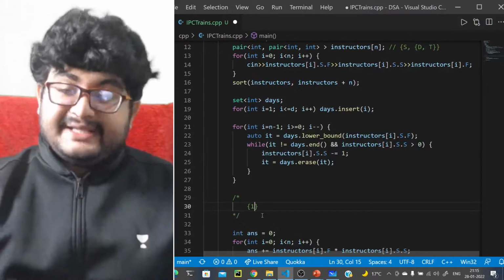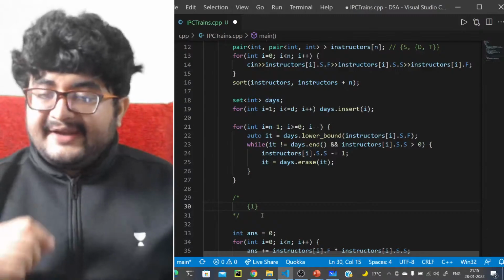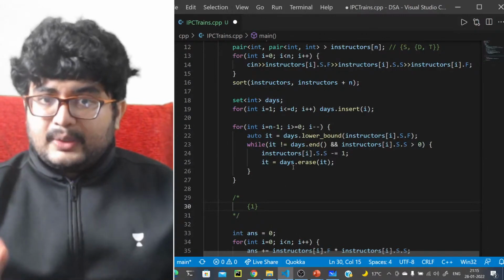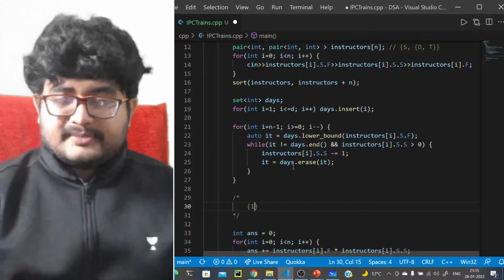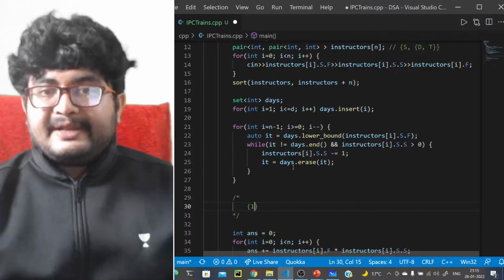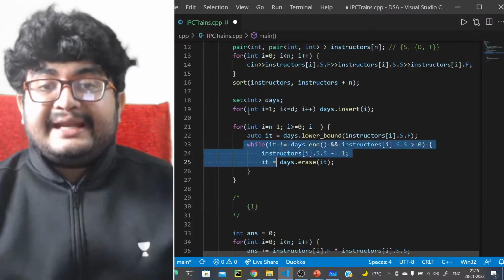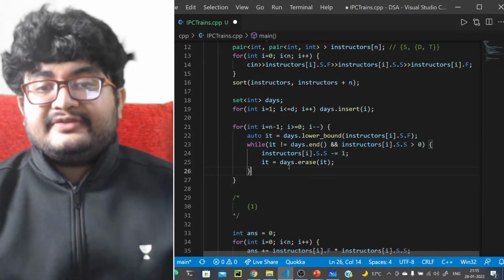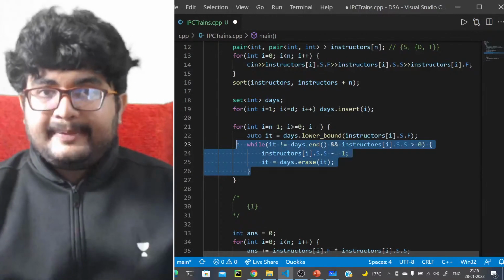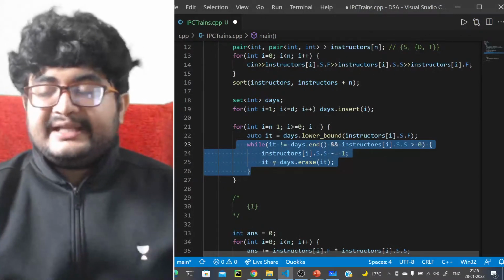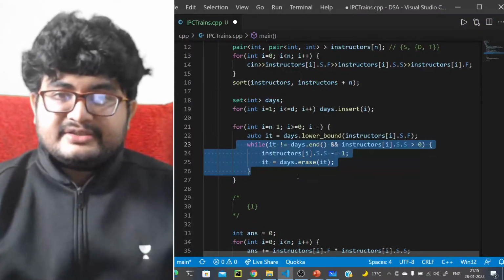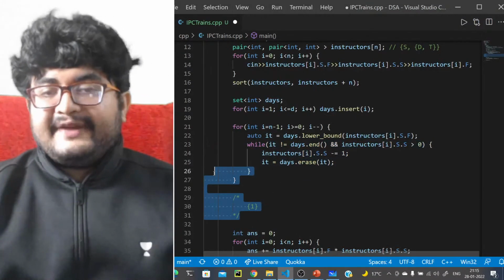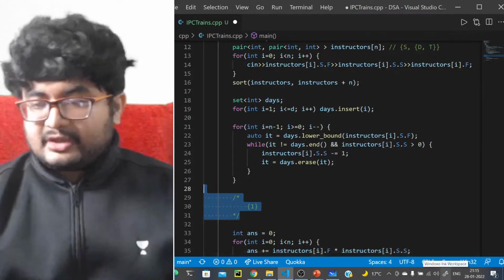For each day we are just visiting it once. If we are visiting that day, we are also removing that day. So each day is visited just once in all the loops, right? In all possible loops. What is the total complexity over the entire loop, i equals 0 to n minus 1, of this inner loop? It will be order of d, right? Because each date is visited only once in the inner loop and it is not visited again. So it's order of d over all possible loops of the outer loop. So that's why it is order of n plus d plus n log n because of sorting.